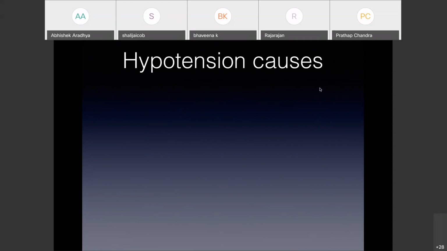So when you look at reducing the pulmonary vascular resistance, some of the things that you use are oxygen, nitric oxide, and